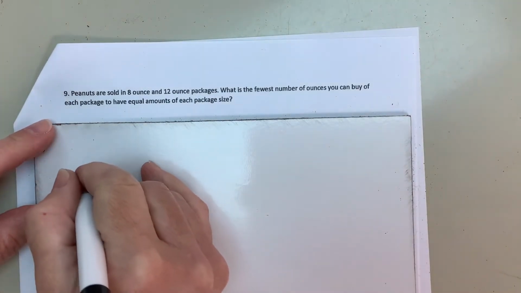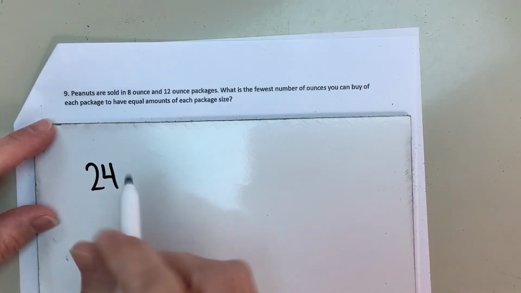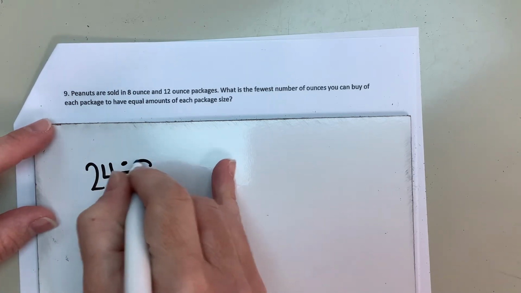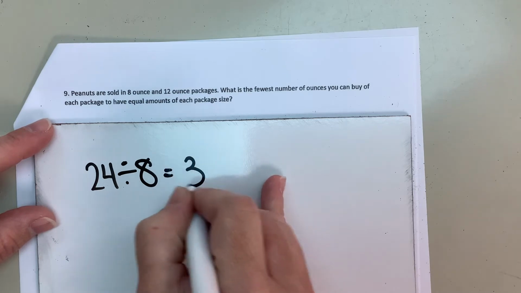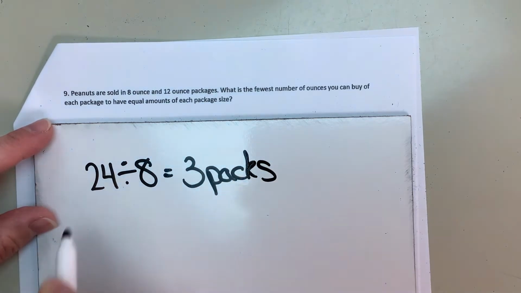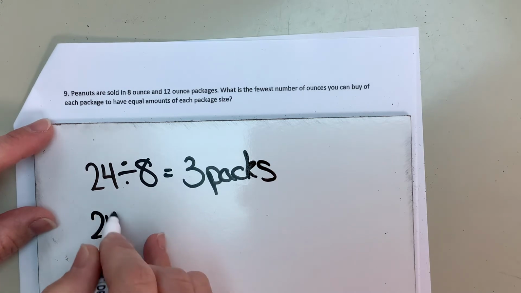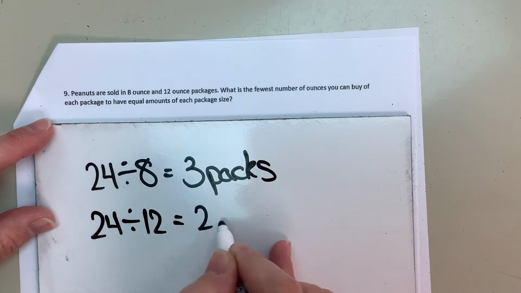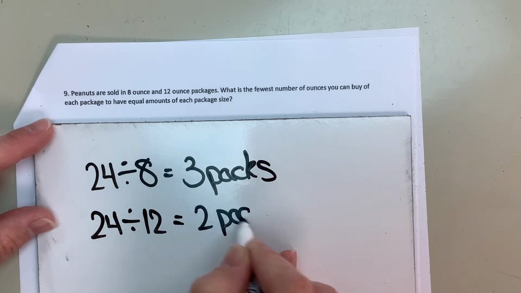What we need to do is now say, well, if I have 24 ounces and it's sold in 8-ounce packages, how many do I need? Well, I need 3 packs of the 8-ounce ones. And if I take the 24 ounces and I divide it by 12, I'm going to need 2 packs of the 24-ounce